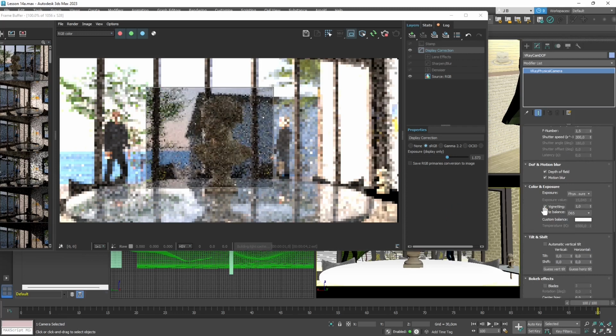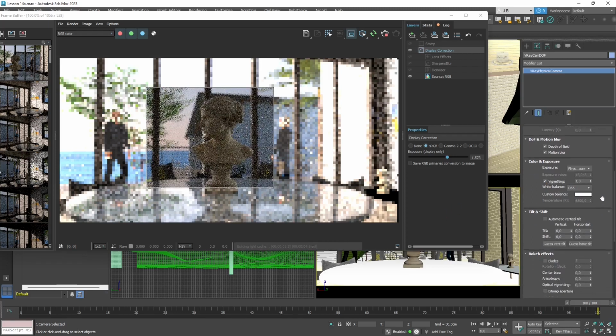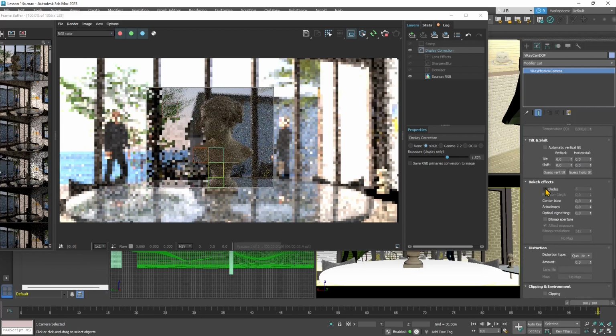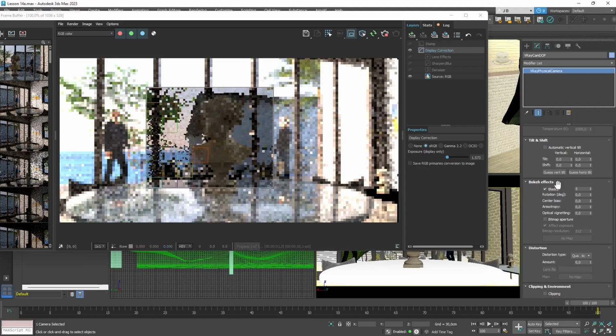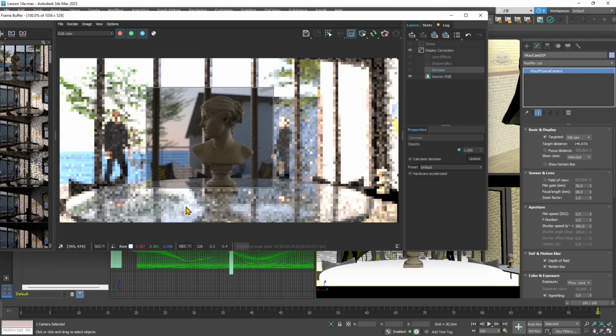So it's looking blurred, but I think I need to just wait for the render to render everything. And you also have bokeh effect, which is an effect related to the depth of field. Now we can see there in the background, we can start to see some depth of field, but as usual, we need to wait. Okay, so I just went a little bit forward, and you can see there the statue is definitely in focus and the background there is out of focus. So this is what the depth of field is doing to my picture,